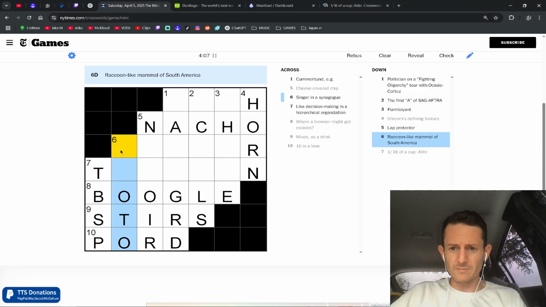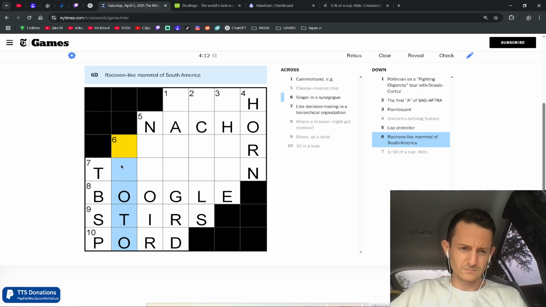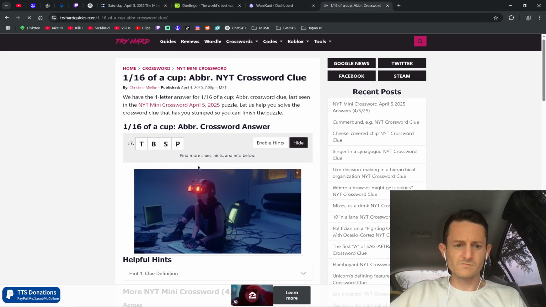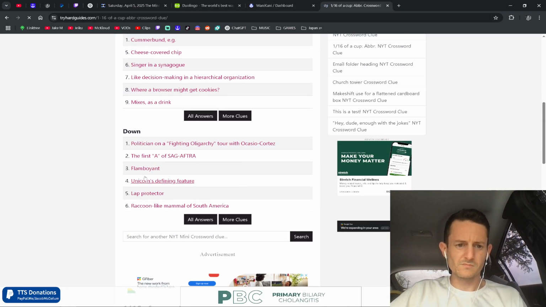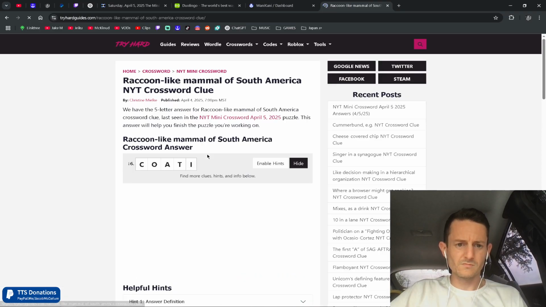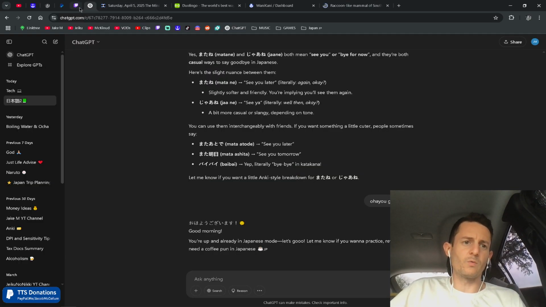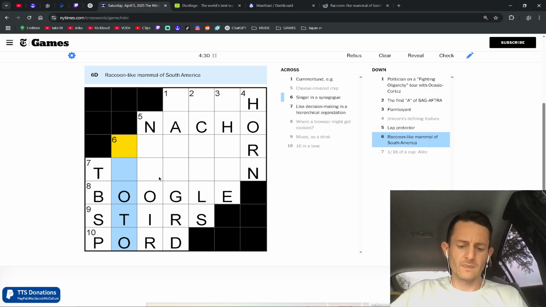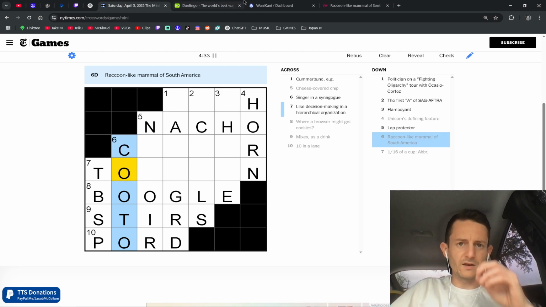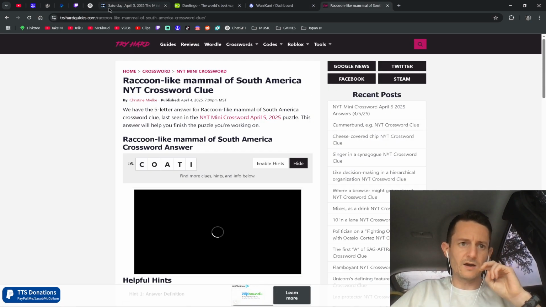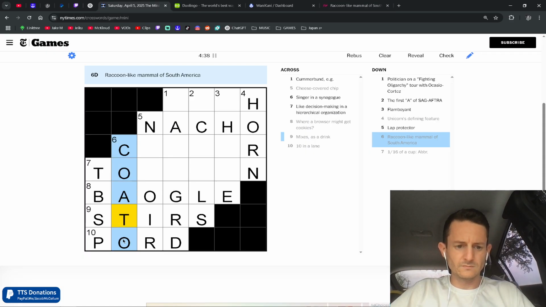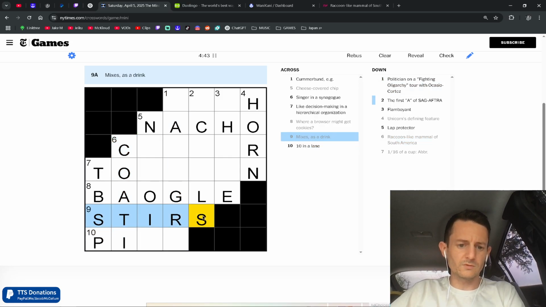6 down, raccoon-like mammal of South America. P-A-N-D-A. But something tells me that's not right. Let's see. Nope. It's a coati. I would have never guessed that. I don't know what a coati is. How do you spell it? C-O-A-T-I. Okay, which means this one is wrong, which means